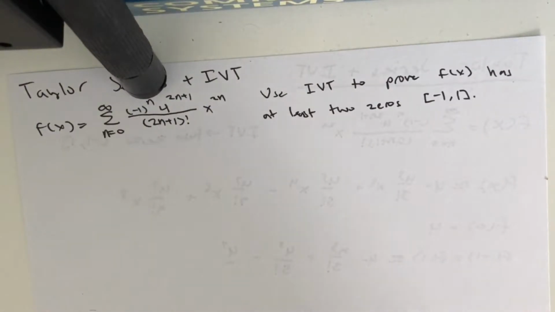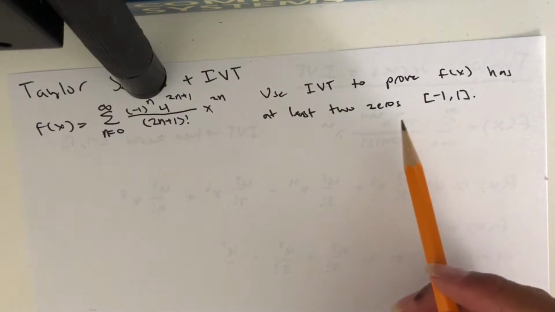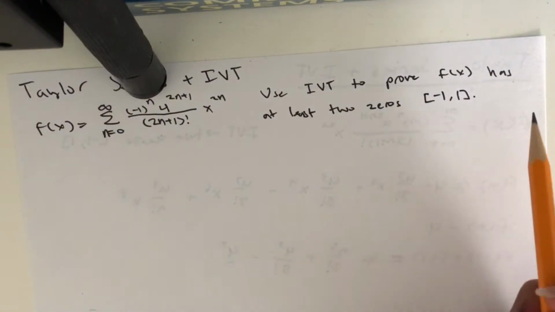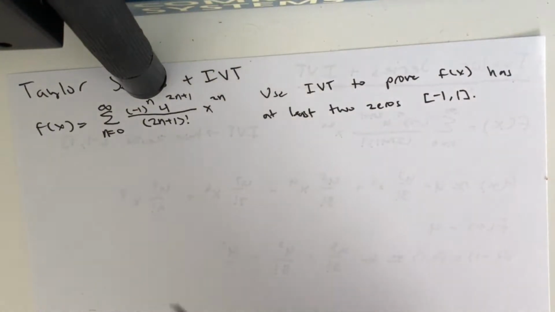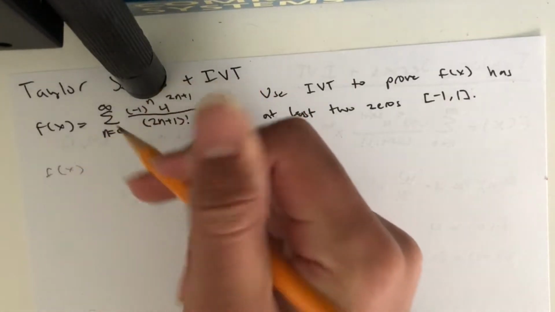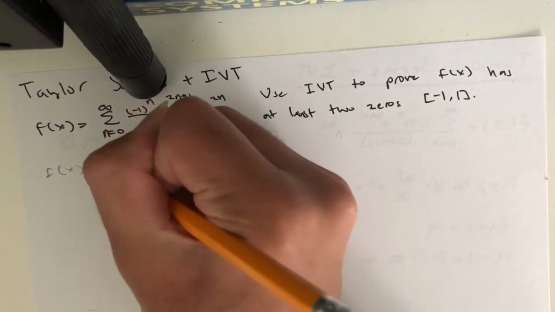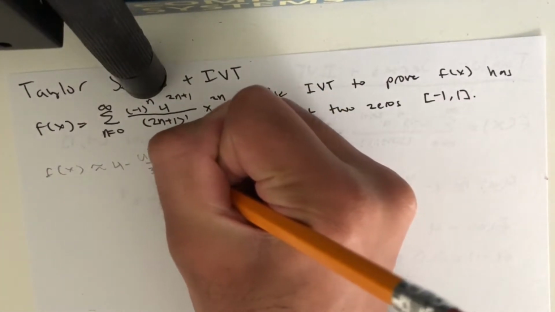The first meaty problem asks us to use IVT to prove that f of x has at least two zeros on the closed interval -1 to 1. The first method we can use to solve this is to expand this as a partial sum. So we can say f of x is approximately 4 minus 4 to the third over 3 factorial x squared